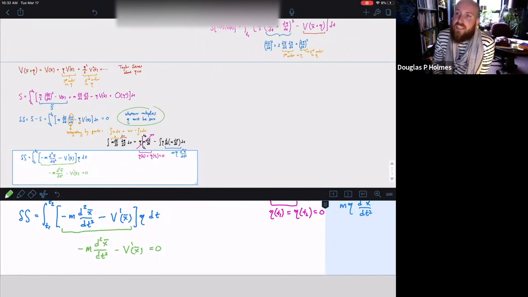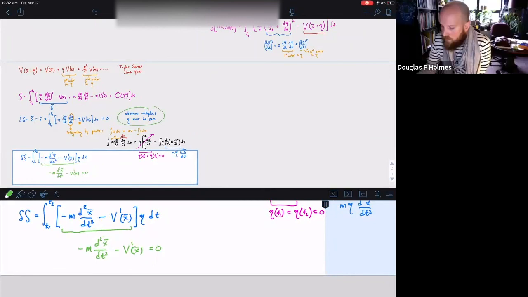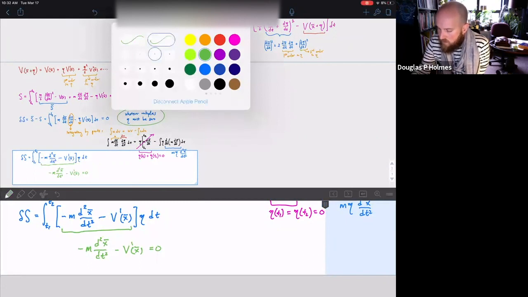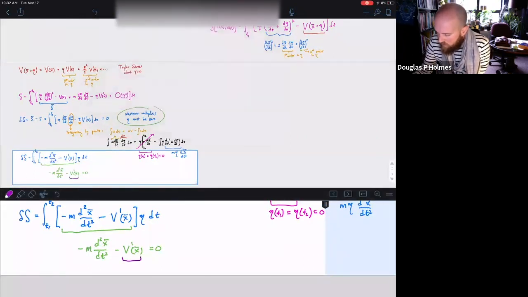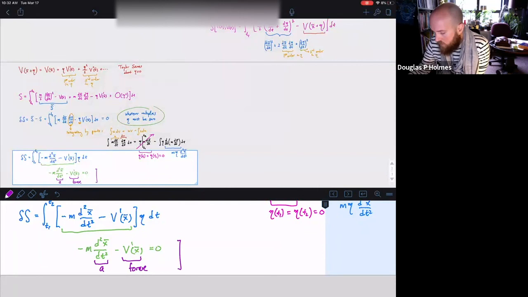Or what's the gradient of a potential? The force, or negative force. So this is a force. What's this? This is a force. What's this thing? It's an acceleration. So we just derived, after a bunch of math, not using anything of Newton's laws, we